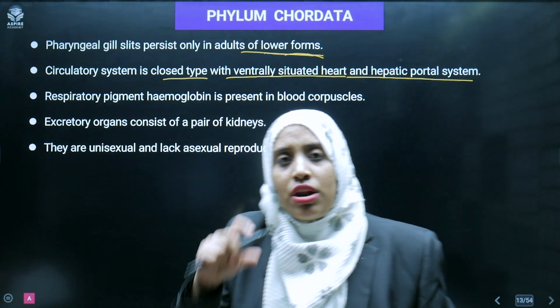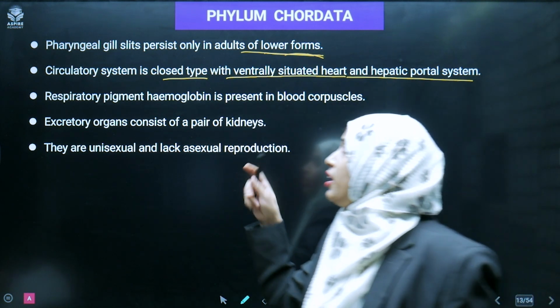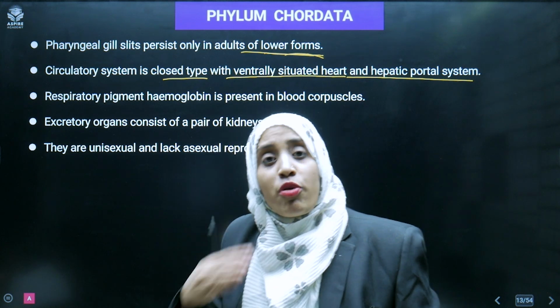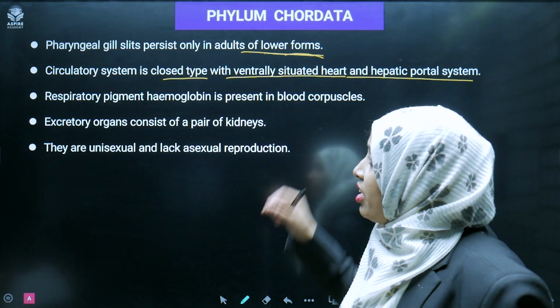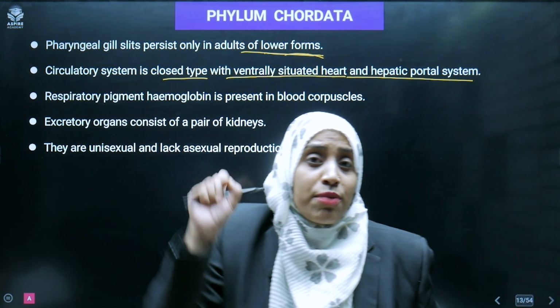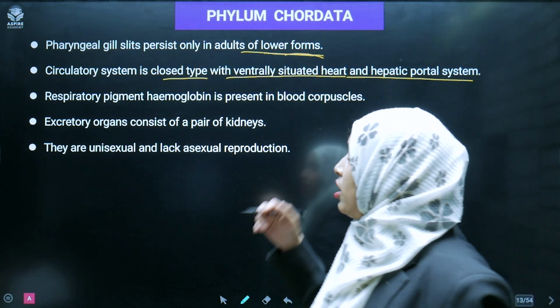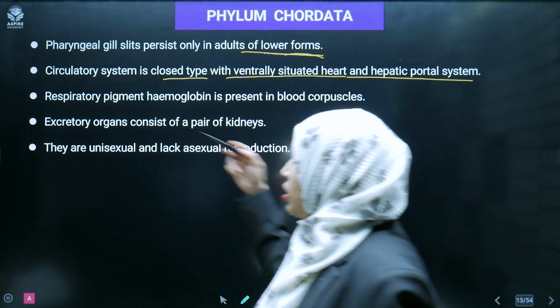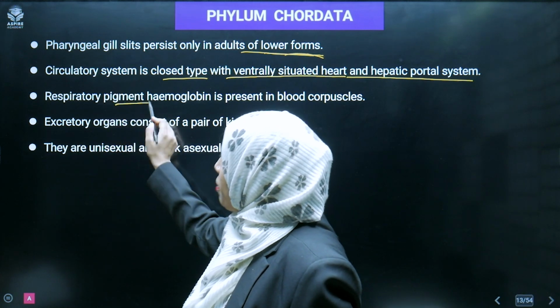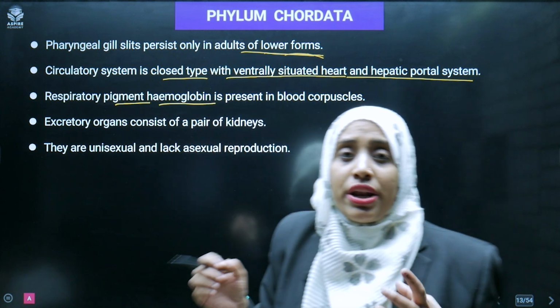We are having lymphatic system है, ठीक है, क्लोज टाइप सर्कुलेटरी सिस्टम है, वेंट्रल है हमारा हार्ट, ओके। रेस्पिरेटरी पिगमेंट दैट इज हेमोग्लोबिन इज आल्सो इंपॉर्टेंट, ये भी प्रेजेंट होता है कॉर्डेट वर्टिब्रेट्स में।